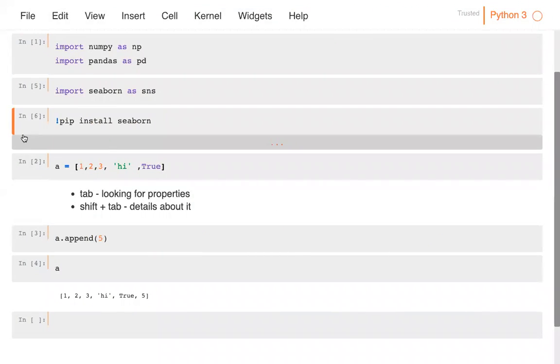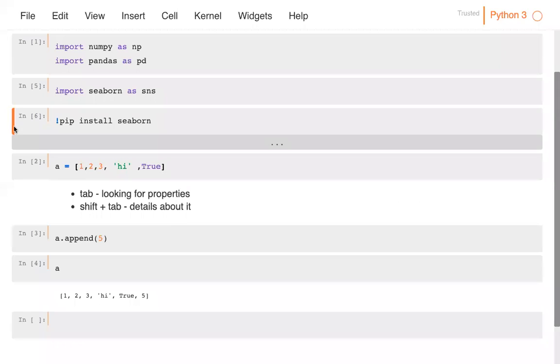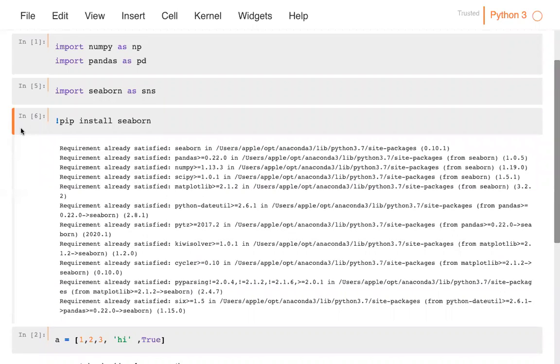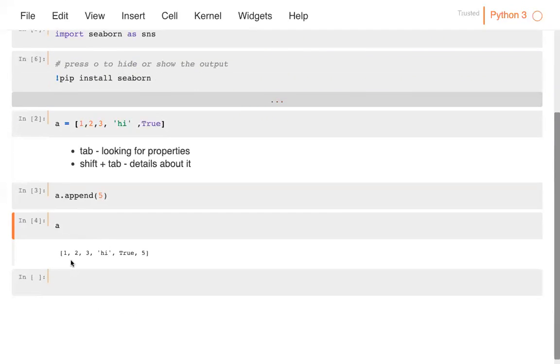Okay. Yeah, one more thing is that you see an output here, a lot of output here. If you just want to hide it for some time, you can just press O. So it'll hide, and if I click O again, then it will show the output again. So I'll just give a comment here. Now let's say this particular output is there for A, and there is a lot of output, and I want to basically